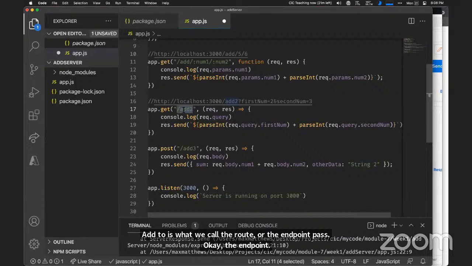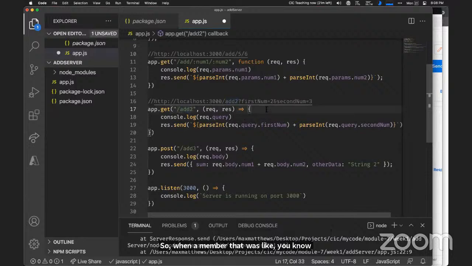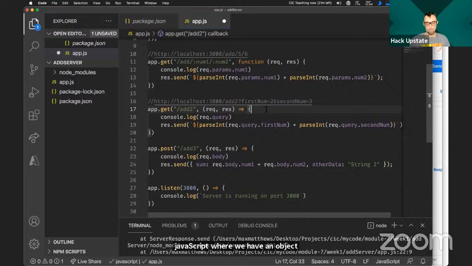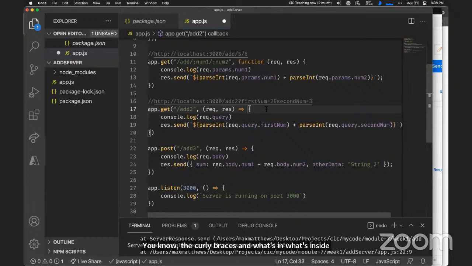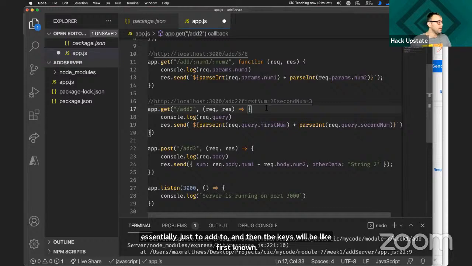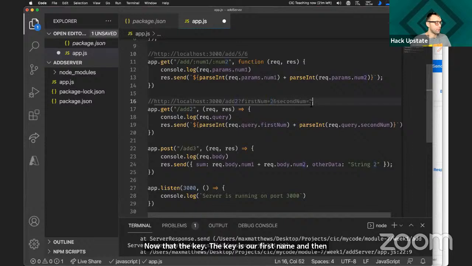So what I meant by that was, in JavaScript where we have an object, we have like a variable, it could be a constant, equals, the curly braces, and then what's inside of it is the keys. So basically the variable name is essentially just the slash add to, and then the keys would be first num and then second num. No, the keys are first num, and then the values are 2 and 3.